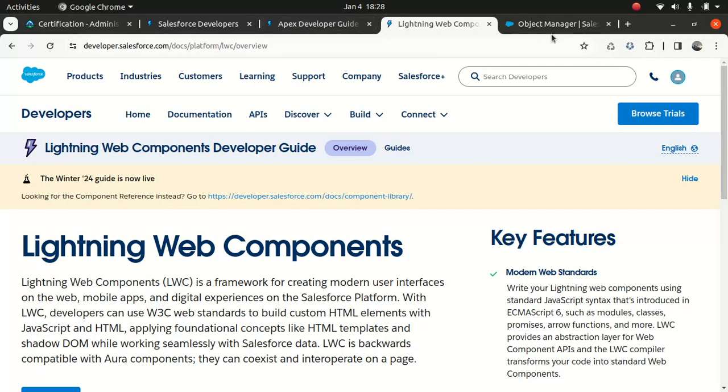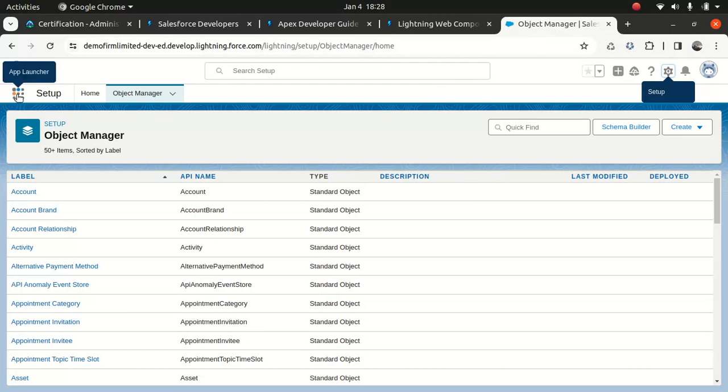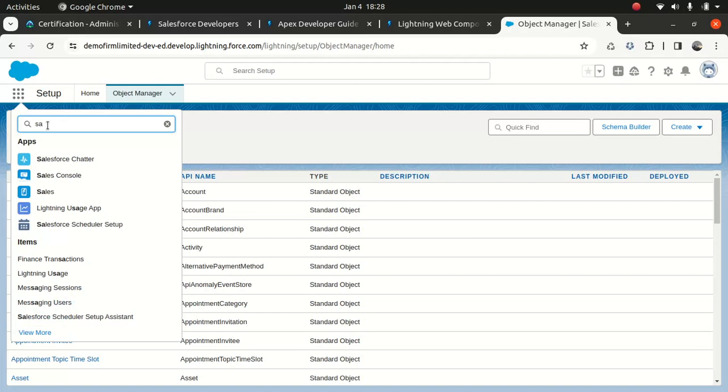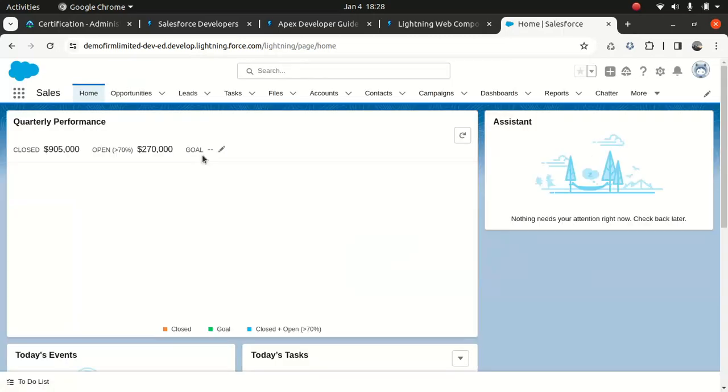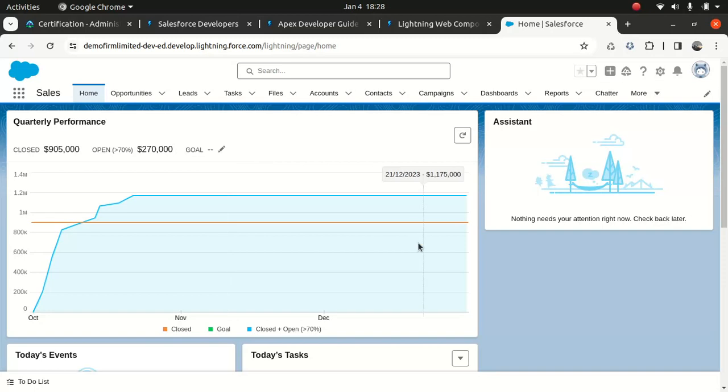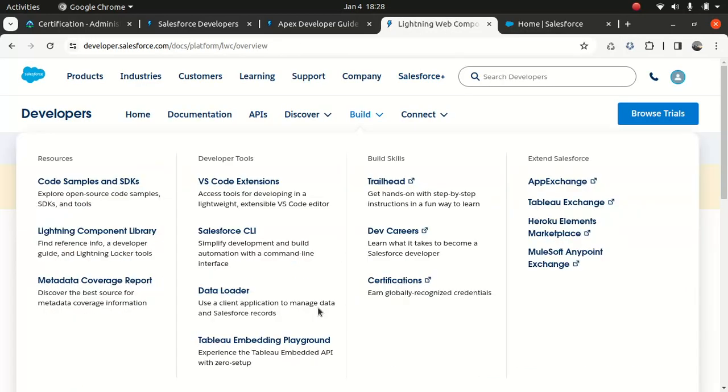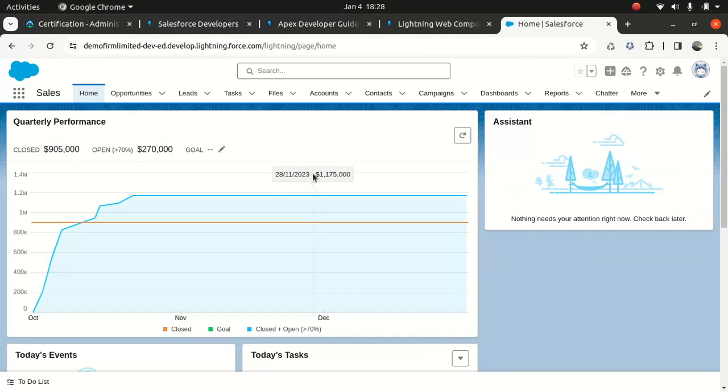Let me show you something, how it works. For instance, this quarterly performance, you can build it using LWC. You can build a component and stick it here.